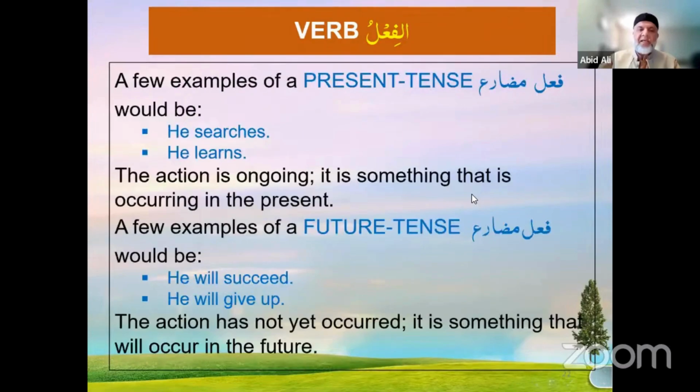In the present tense, I'd say he searches, he learns, he eats, or he is sleeping. This action is ongoing, something happening in the present, not complete yet, but it could complete in a little while. In the future, something will happen, for example, he will succeed or he will give up. The action has not yet occurred. It is something that will occur in the future.